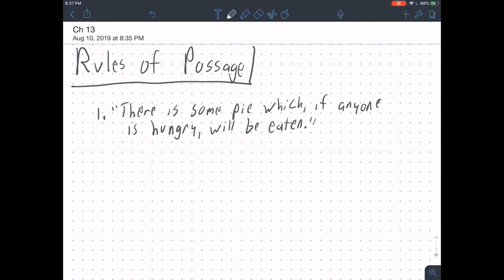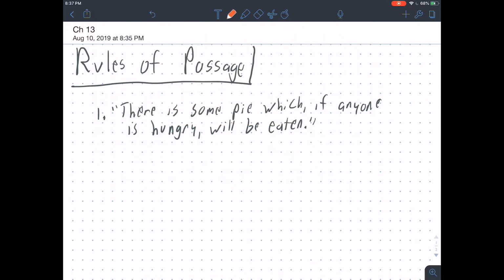So in this chapter, we are going to learn about the rules of passage. And before I explain what these are and how they work, I'm going to explain why we need rules of passage. Well, one reason is we need to know how to use these rules to set things up for the last thing we'll learn in Chapter 15, but more immediately,